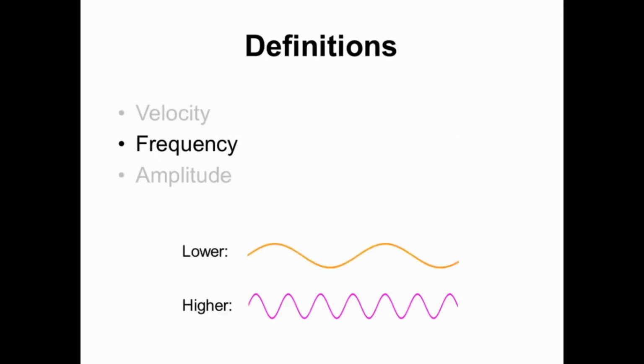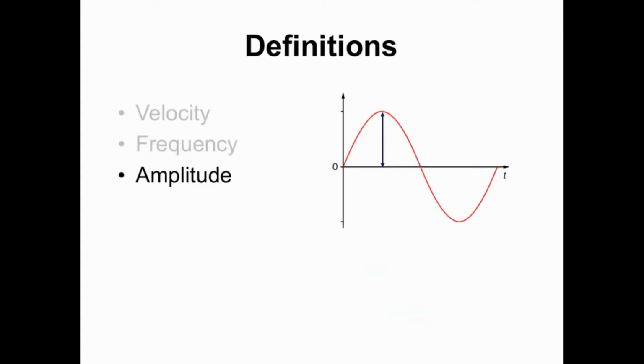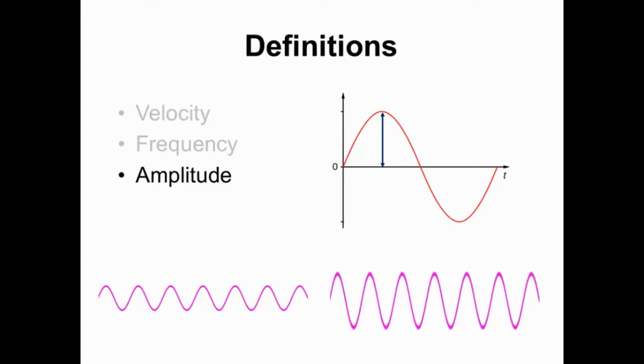The frequency of waves created for medical ultrasound purposes depends on the probe and settings used, both of which will be discussed later. Amplitude is defined as the peak deviation of oscillations from the baseline, and for ultrasound is measured in terms of pressure. Think of amplitude as the loudness or intensity of an ultrasound wave. If you superimpose the waveforms from the previous page, you can see that while the frequencies are quite different, the amplitude of each wave is the same. As a comparison, the purple wave with increased amplitude would look like this. You can see that amplitude is independent of frequency, as this wave has the